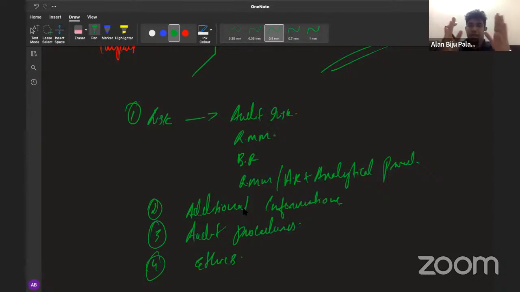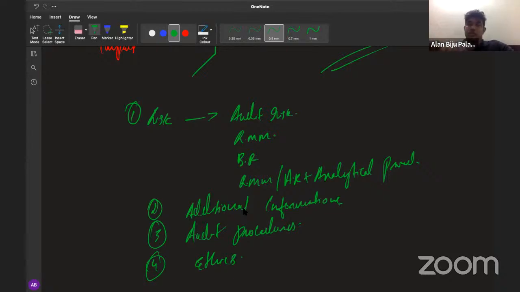Then when it comes to additional information, you will be giving, first of all, the information or the documents that you require, plus the procedures you will be performing there, plus the purpose of those procedures. And when it comes to the audit procedures, you will be writing the procedures plus document plus purpose. And you need to consider there the amount of discussion that you can make with the management, then the written representation that can be obtained, scope of recalculation, analytical procedures, obtaining external confirmation, then reviewing the correspondence,